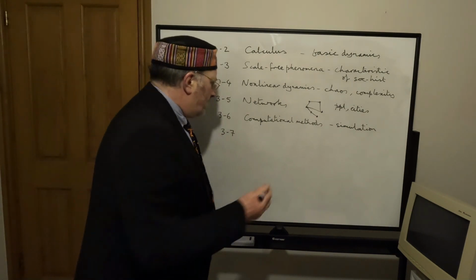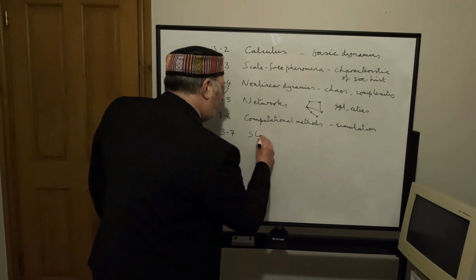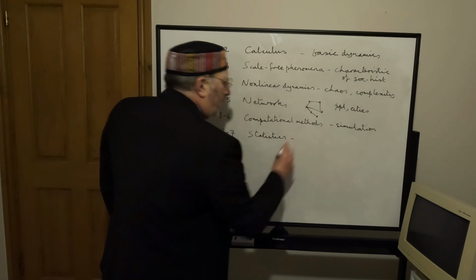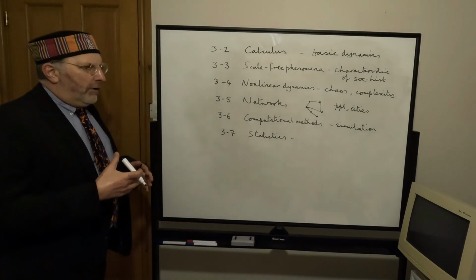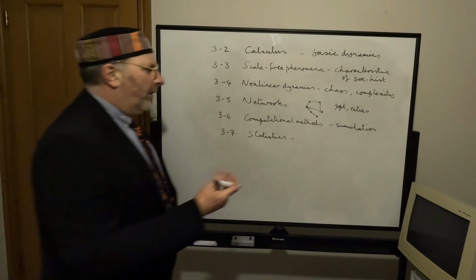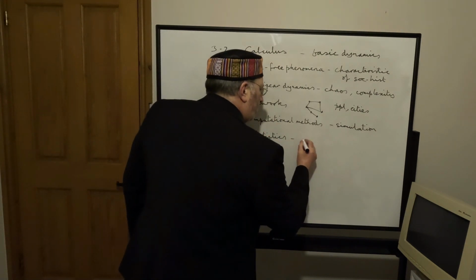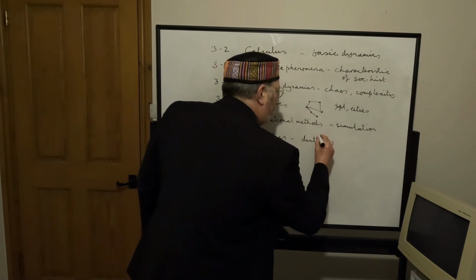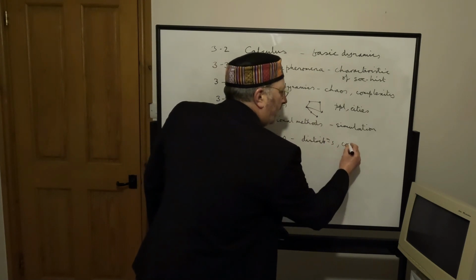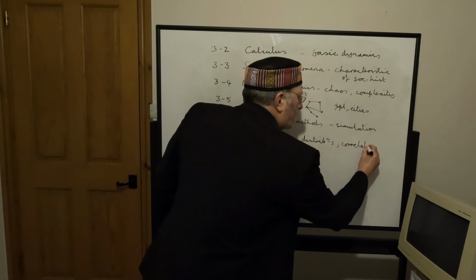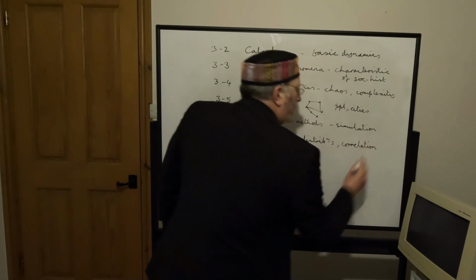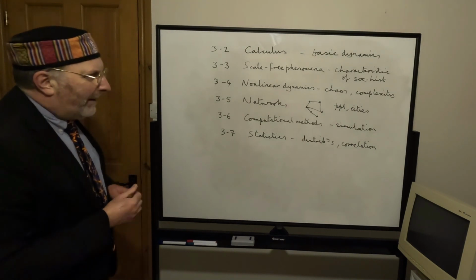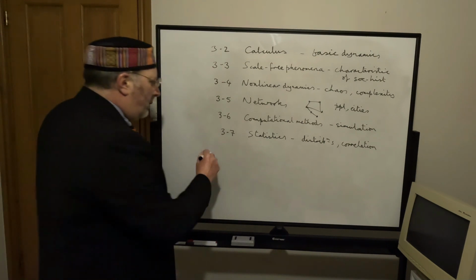The next lesson will be statistics. So we've seen at the beginning of the lesson why statistics is going to be important to us. In discussing statistics, we'll talk about things like statistical distributions and testing correlations between variables, working out whether correlations are real or how real they might be. And then lastly,